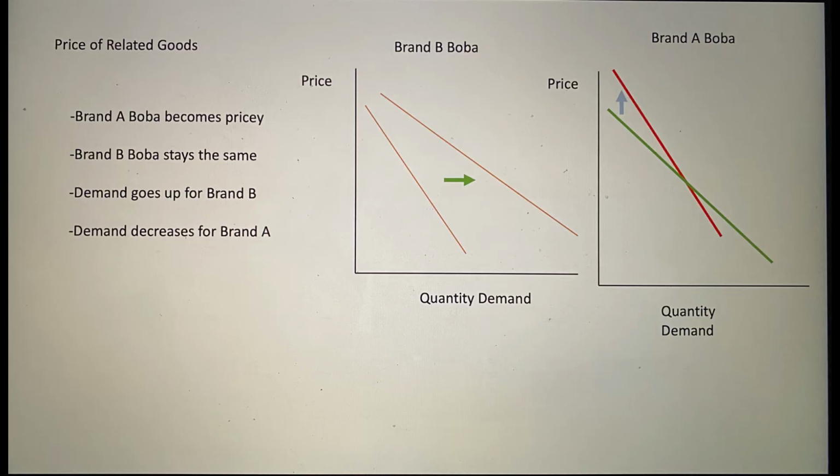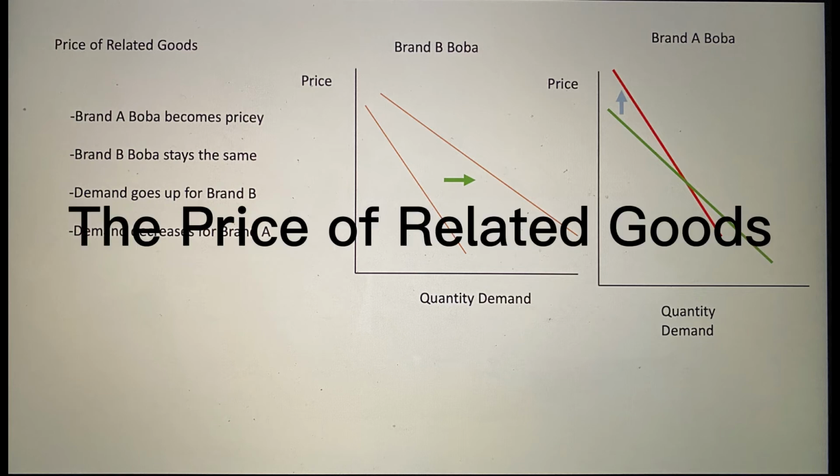In this scenario, Naomi's favorite tea brand suddenly became more expensive. Rather than cut boba tea from her expenses as a whole, she substituted the high-quality boba for an inferior brand. In this way, the demand for the pricey boba went down, and the demand for the cheaper boba went up. Thus, the curve shifted due to substitution.